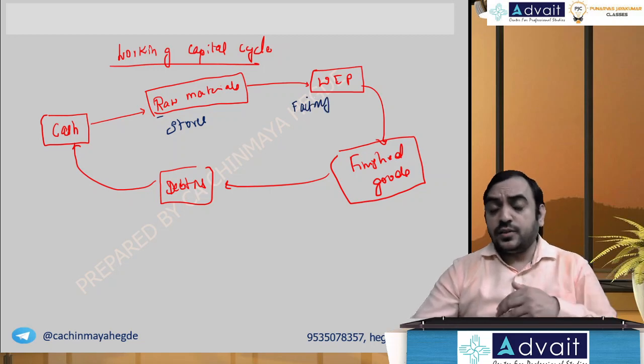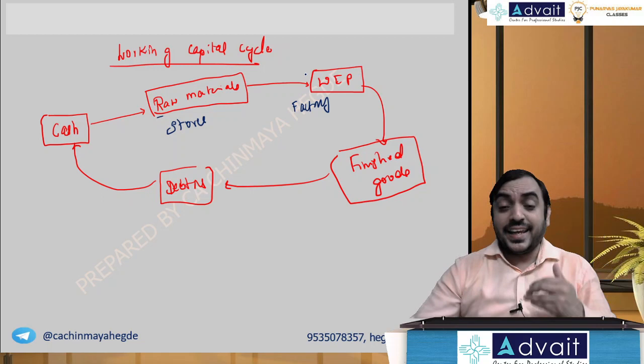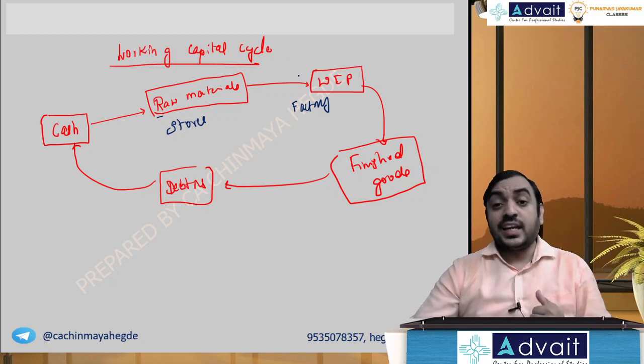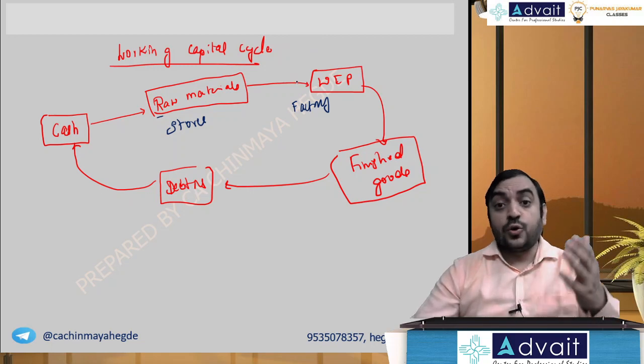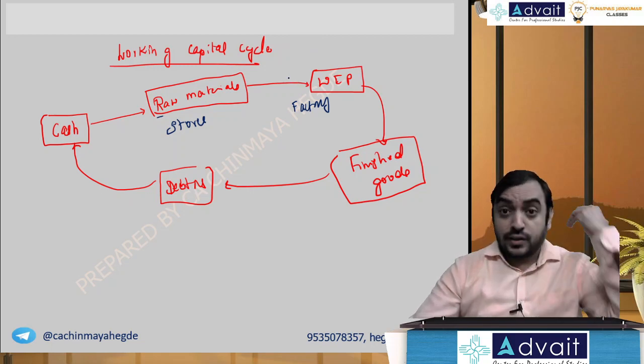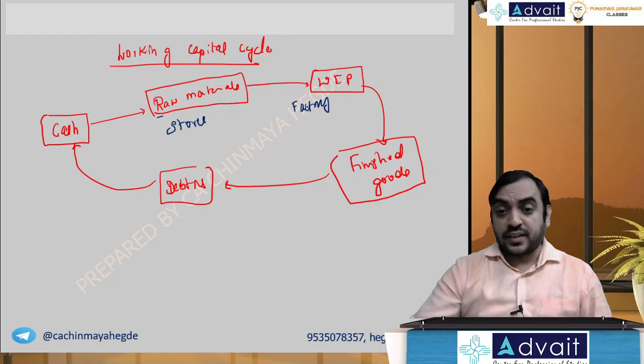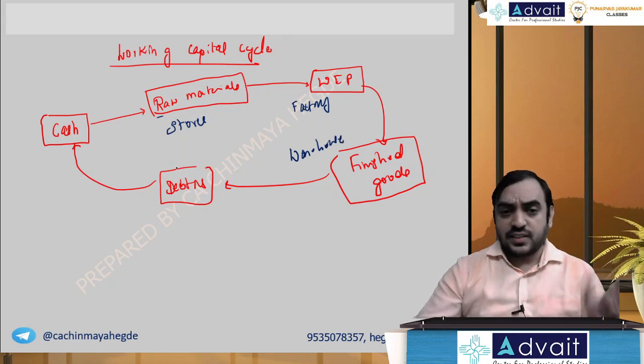And raw material does not immediately become finished goods, like manufacturing a car, it might take days. Manufacturing aircraft, ships, it might take months. Construction of roads might take months. Metro, it will take decades for India. So factory. Finished goods once completed will go to warehouse, and debtors, that is customers place, and you get the